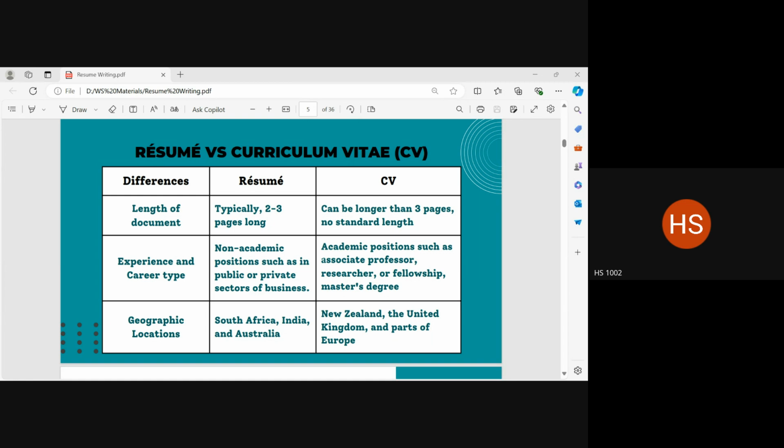Is that okay? Okay, ma'am. And ma'am, if I'm writing the resume objective, it must be placed in a resume at the beginning. And if I'm presenting a resume summary, like if I have many experiences, I have to present it at the end of my resume. No, the resume summary also goes in the beginning. Okay, ma'am. A resume summary also goes in the beginning of a resume.